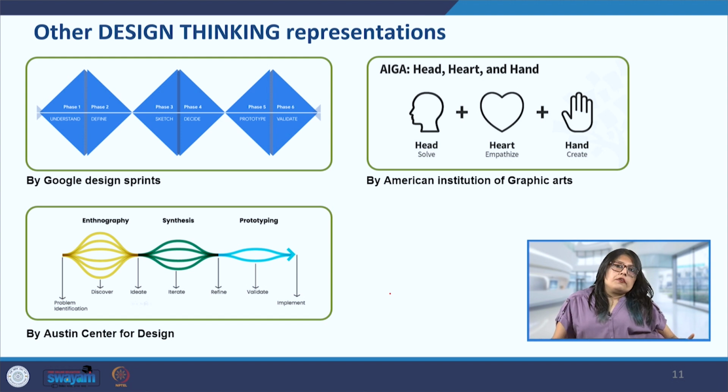So all these different models of design thinking are very useful in generating the solution, and they also help as a guide to ensure that we are following the right path and we are not taking any shortcut. And these are all very iterative processes, and at the same time they're also non-linear processes, so one can always come back to the previous step and take forward from there. So that makes these models very flexible as well to work with, to come up with the appropriate solutions which are effective, usable, and also desirable by the end user.